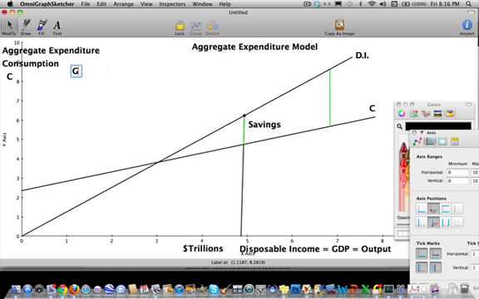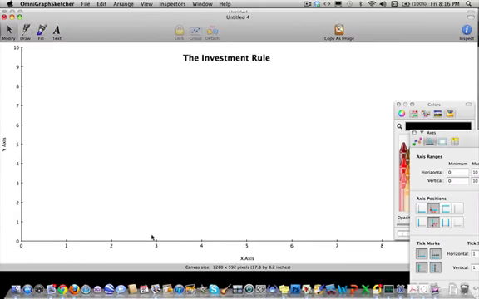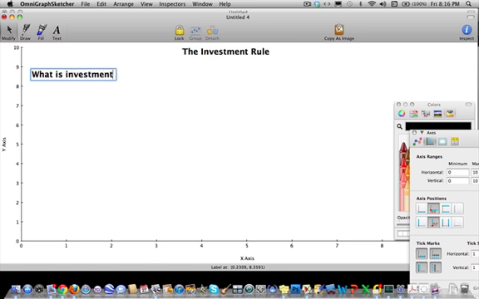But in order to do that, we really need to understand what investment is all about and how the investment schedule looks and why it looks the way it does and what affects it. So let's get to the basics of what investment is all about. Let's ask ourselves, what is investment? Well, investment is basically